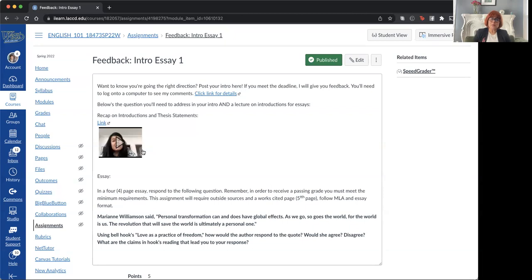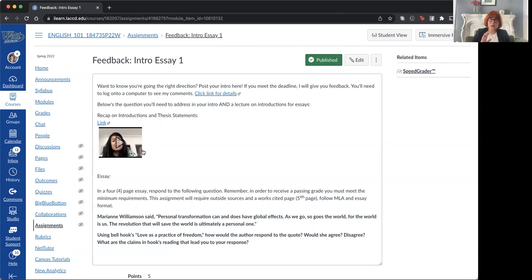Sometimes students think a little more figuratively, and the claim that opens the introduction will be something that captures the spirit of your paper. If that's too abstract, don't worry about it. The things a hook cannot be: you can't use a quote as a hook, and you can't use a question as a hook. It has to be an original claim that comes from you, from your voice and perspective.